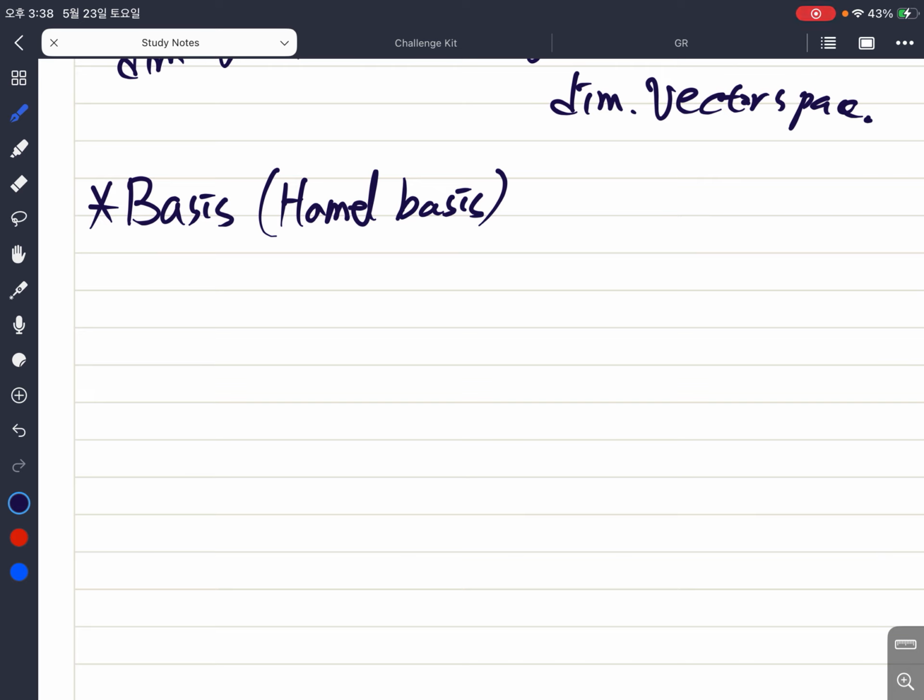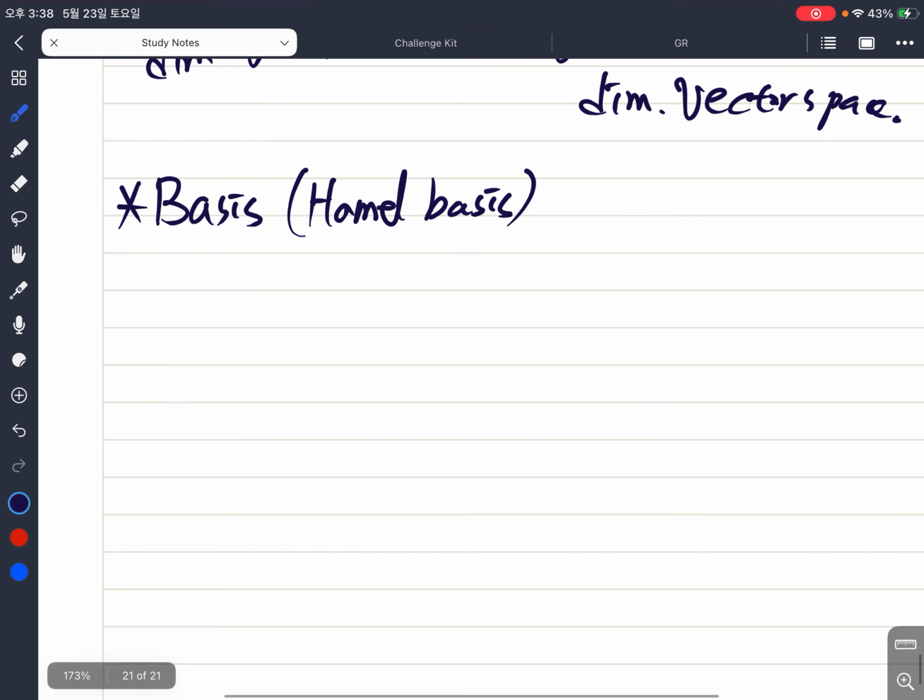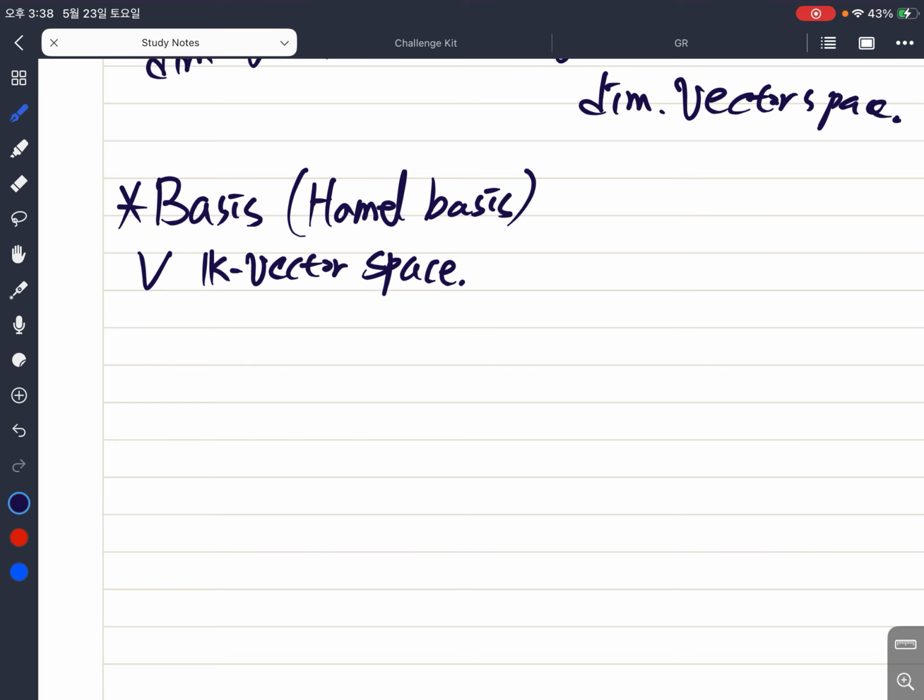If you assume more structure, you will have different bases, but for only linear algebra, you will have a Hamel basis. Let V be a K vector space, and consider some subset B of V. If B is a linearly independent set of V, I mean the elements are linearly independent,